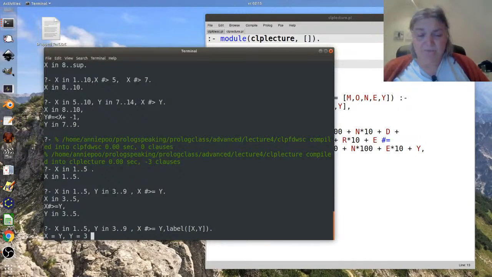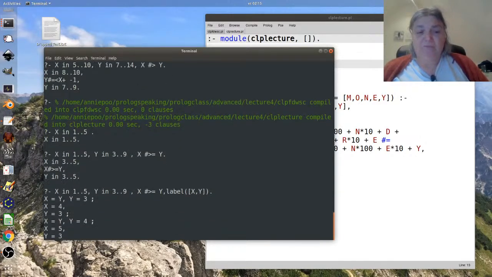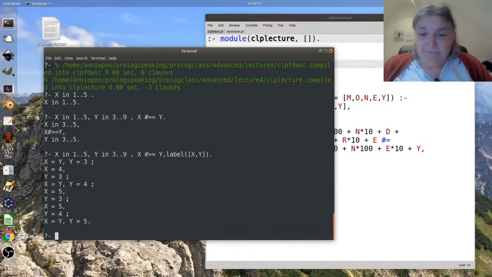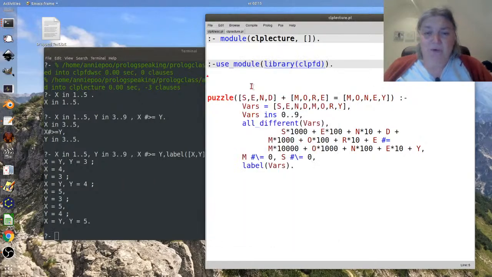Okay, and now it's going to give us the combinations. We now have grounded ordinary Prolog values. Is this useful? Yes, very much so. I want to work through a very classic CLPFD problem, the send more money